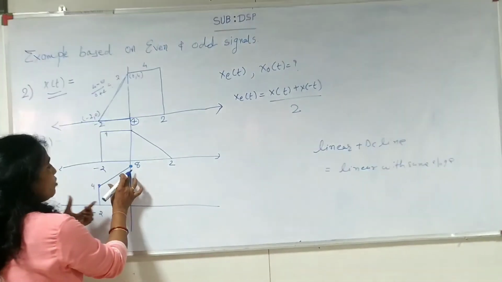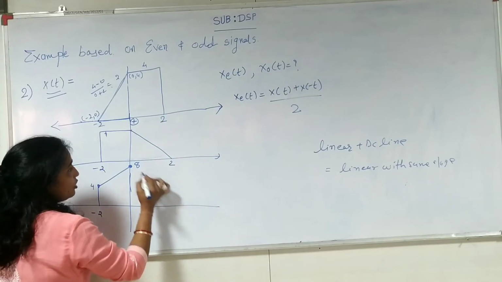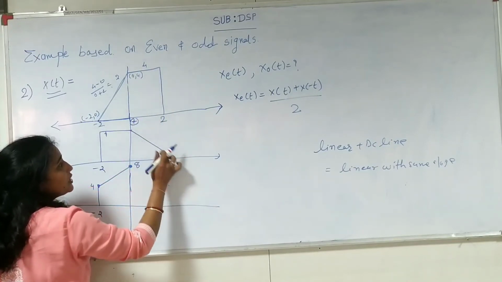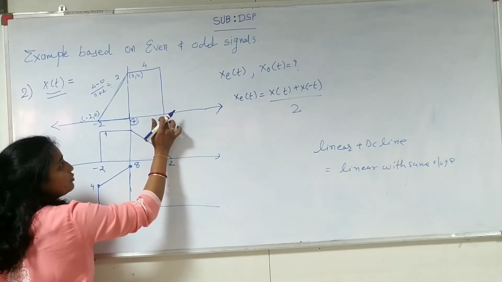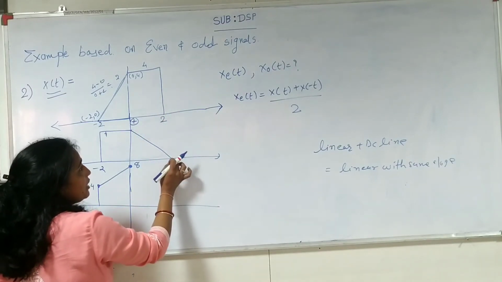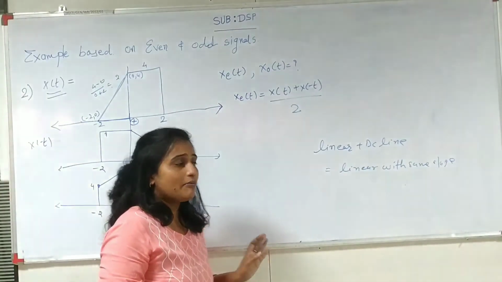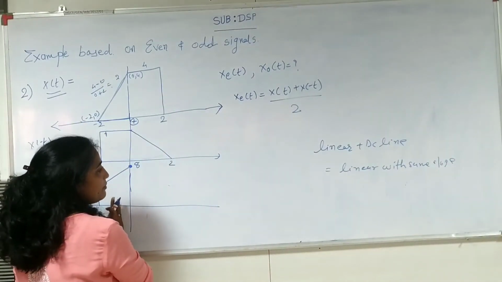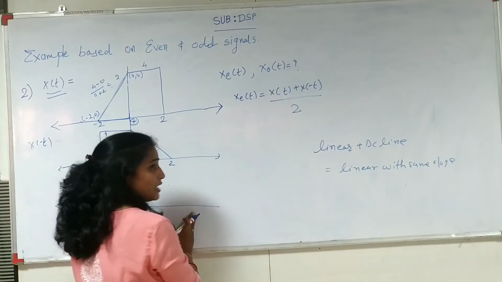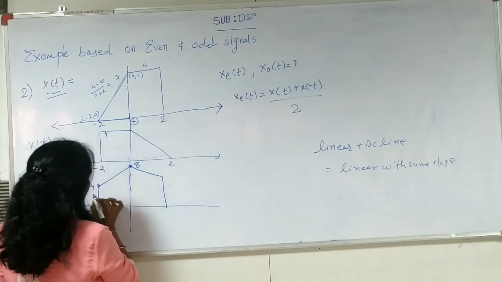So same slope we are getting. Now to draw this portion, we have to add this portion to this portion and find out this value to this value. But we are not doing this. Why? Because as we know, the even signal is always the same: whatever the left hand side is will be the same at the right hand side, and the right hand side will be the same as the left hand side. So we are just drawing this signal in this way.